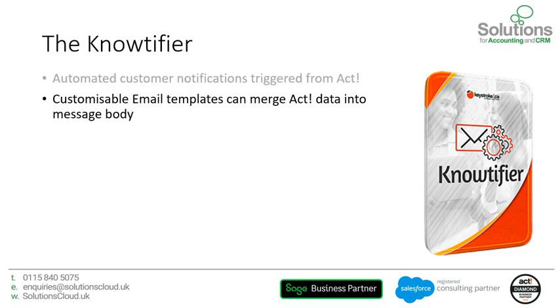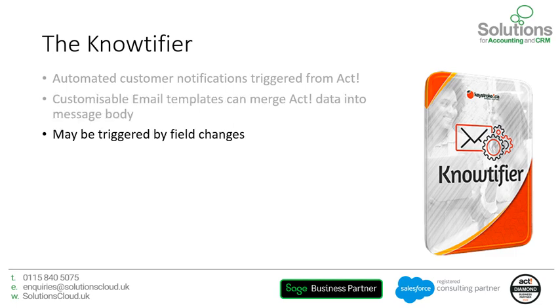You can create customizable templates and merge into those templates data from ACT records directly into the message body. It can be triggered by field changes or dates. So as I say, a date could be approaching in a date field. It could be perhaps a renewal date or an anniversary or something of that nature, or just a change to a field. So for example, if a record ID status is changed from prospect to customer, that could automatically trigger